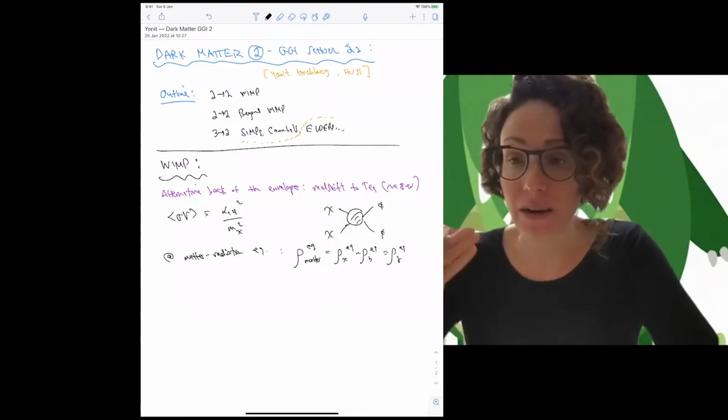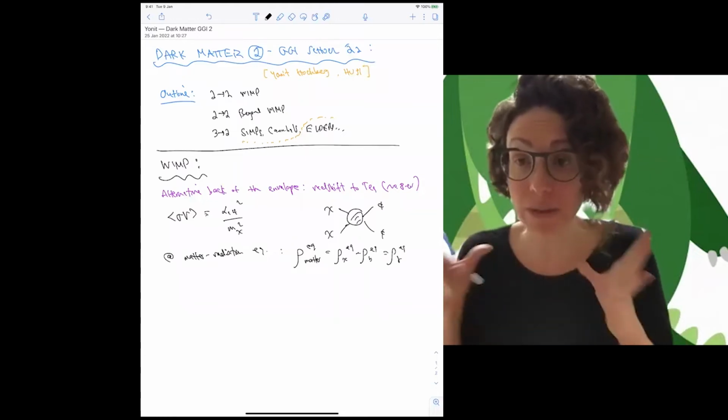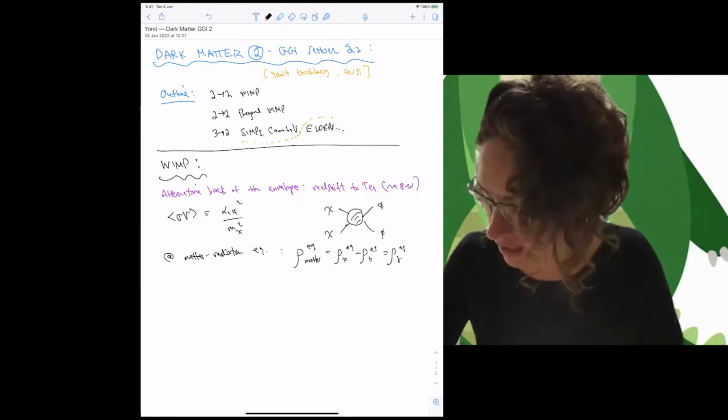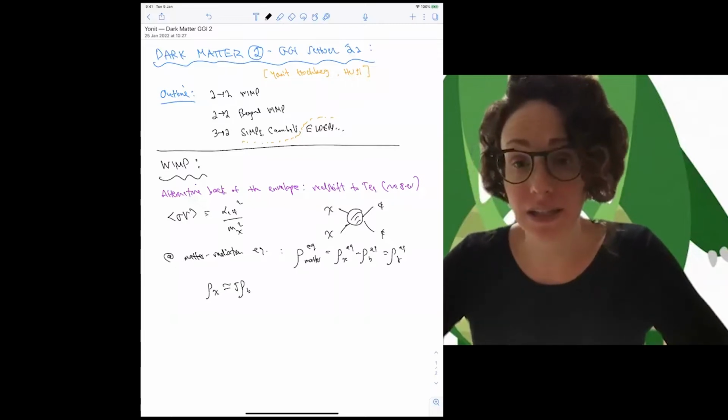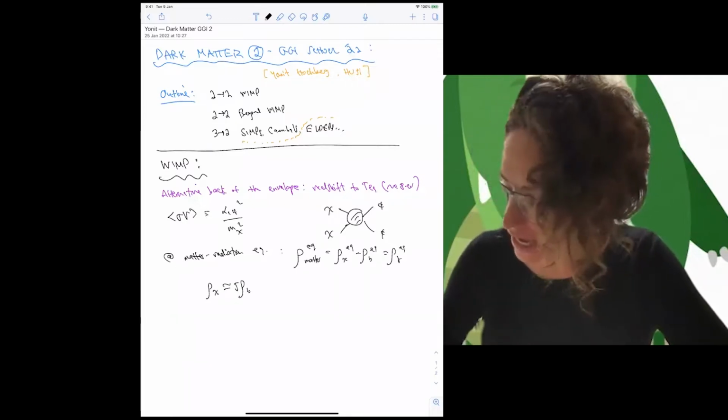Okay, now let's go back to what we started off at the beginning of our lesson yesterday, which is how much dark matter we have in our universe today. And we know that we have roughly 5 times the mass density of baryons sitting in dark matter. Okay, and so